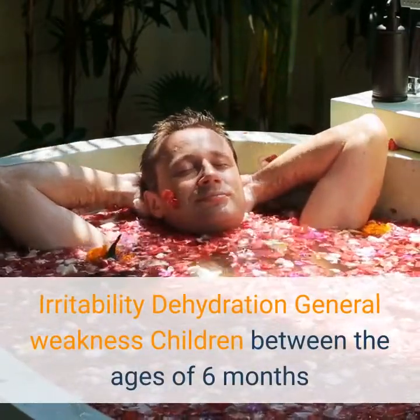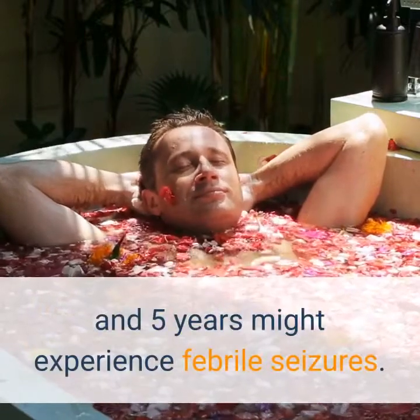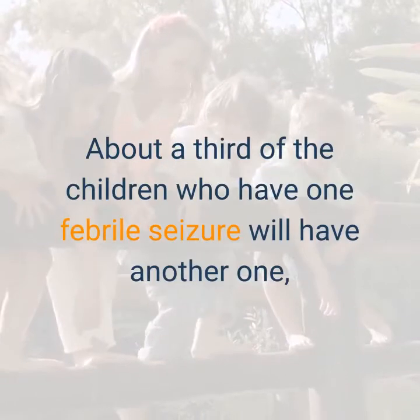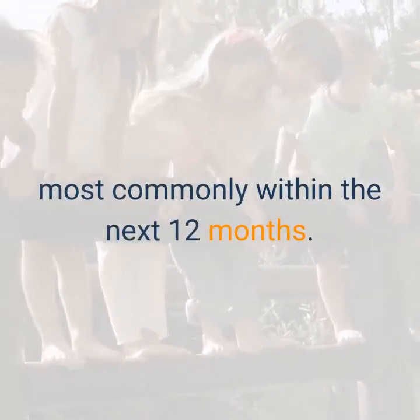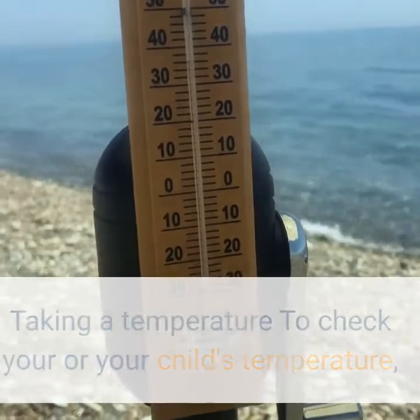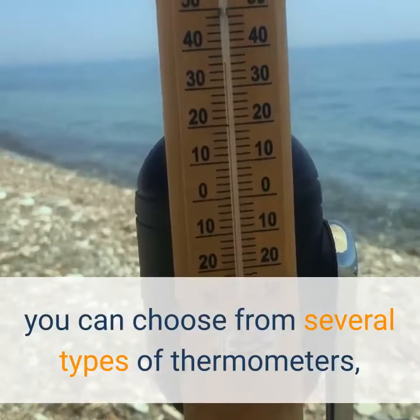Children between the ages of 6 months and 5 years might experience febrile seizures. About a third of the children who have one febrile seizure will have another one, most commonly within the next 12 months. Taking a temperature: to check your or your child's temperature, you can choose from several types of thermometers,